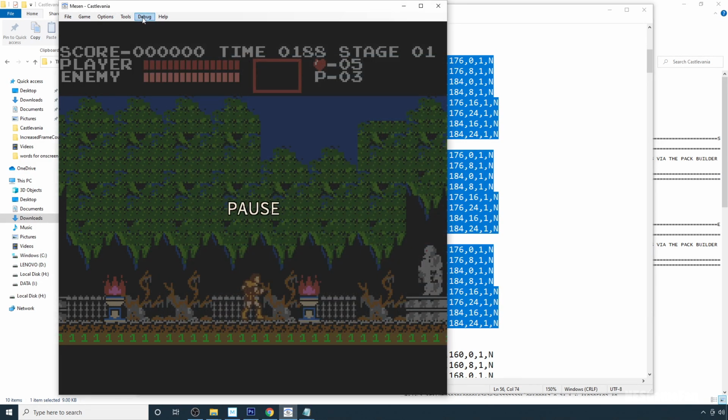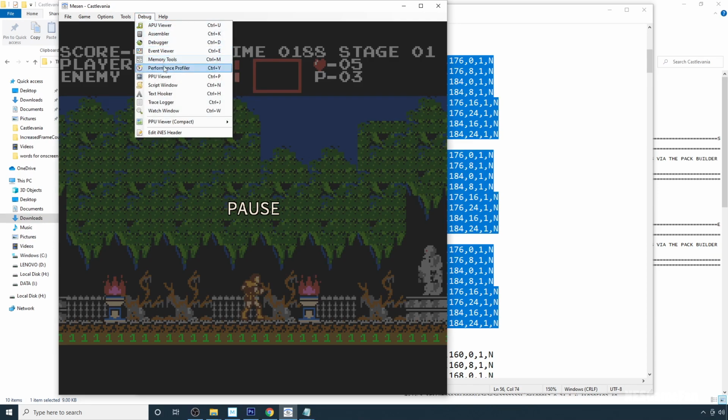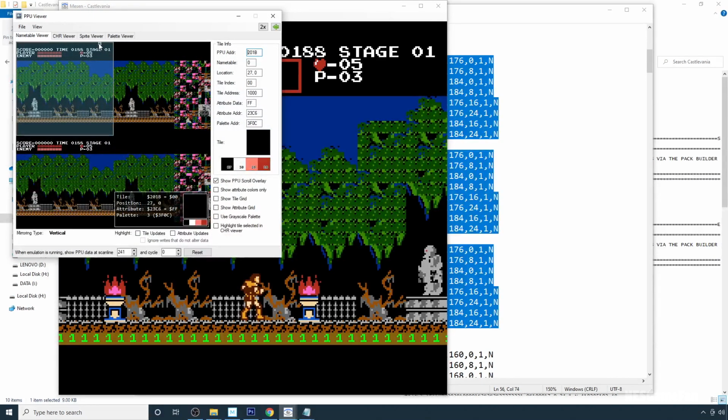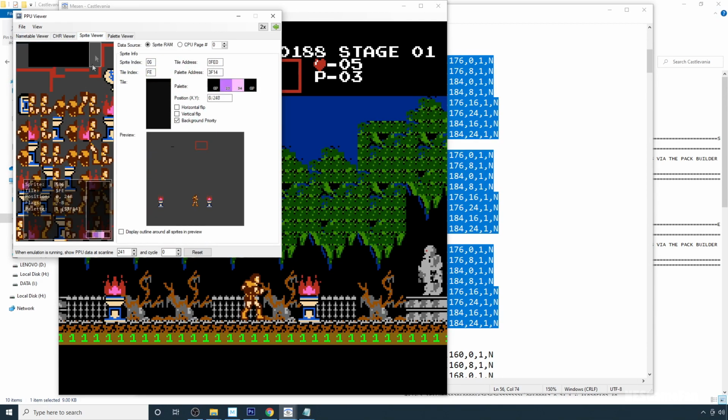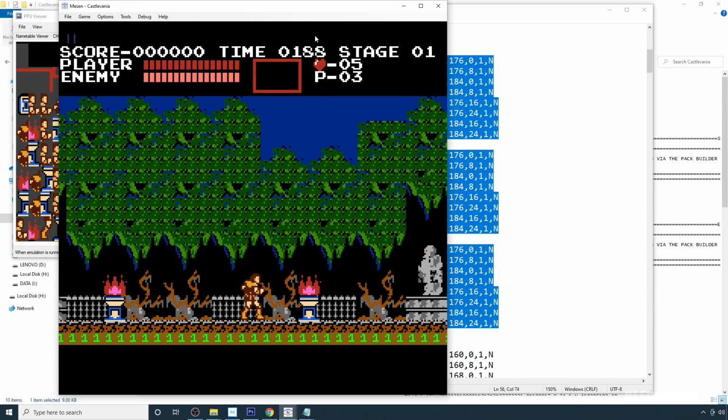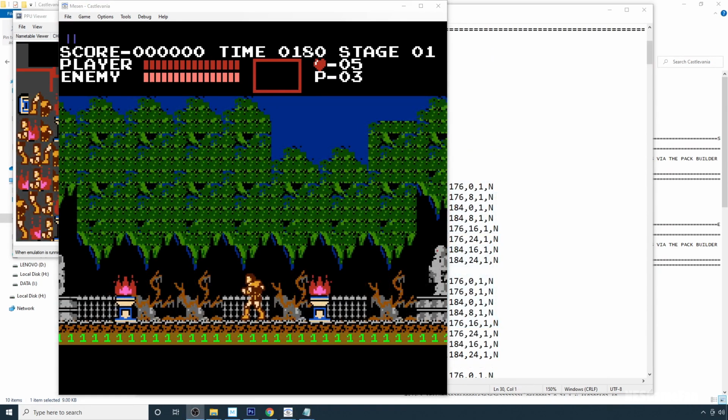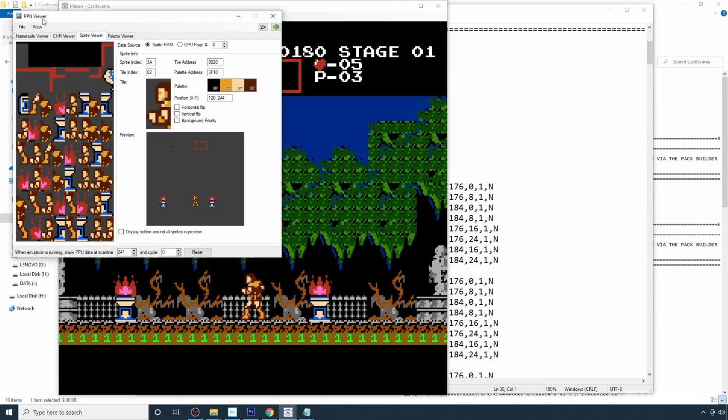We're going to go to Mesen, then Debug, CPU Viewer, and this time to the Sprite Viewer. I'm going to start the game and move the character so that he's facing the direction I want him to face. That's better. Now let's go back to the PPU Viewer, and you'll notice if I drag my mouse over to the character,